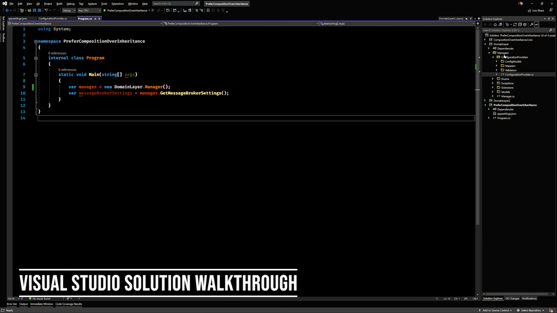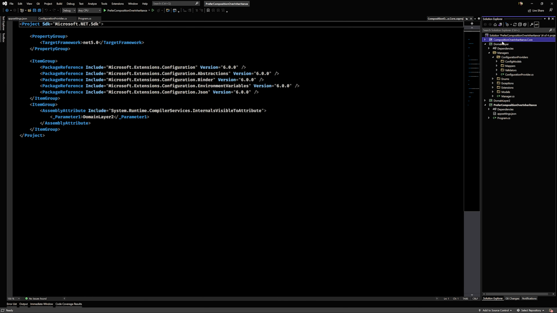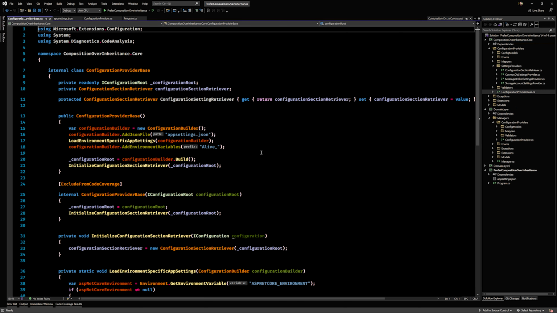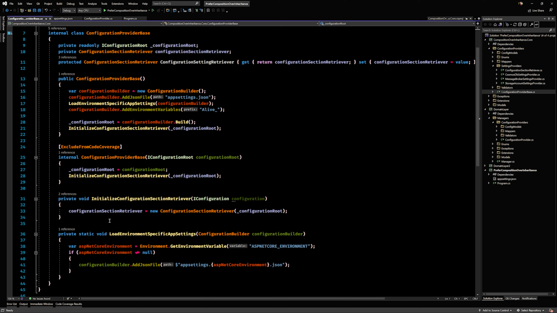If you look at this library project here, the composition or inheritance core library. And in here we have the config providers that has the settings provider. If I look at the config provider base, you will see that it has some functionality.